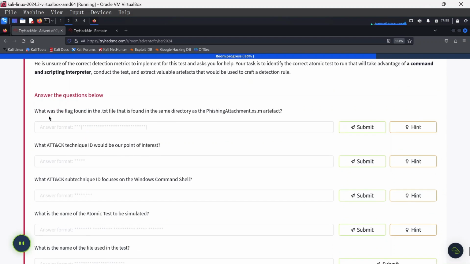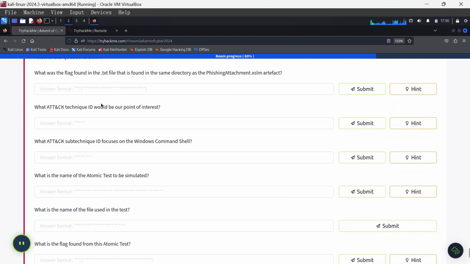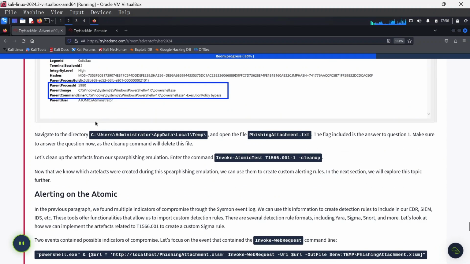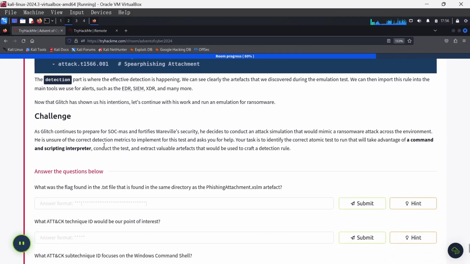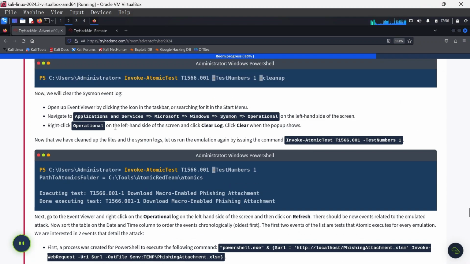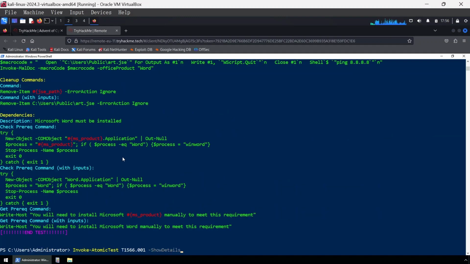Question number 1 says: what was the flag found in the .txt file that is found in the same directory as the phishing attachment XLSM artifact? In order to answer question number 1, we just quickly replicate what they did here by running Invoke-AtomicTest, the ID, and then -TestNumbers 1. So let's do that. Over here, it said Invoke-AtomicTest T1566.001, then -TestNumbers, hit tab, and then 1, hit enter,